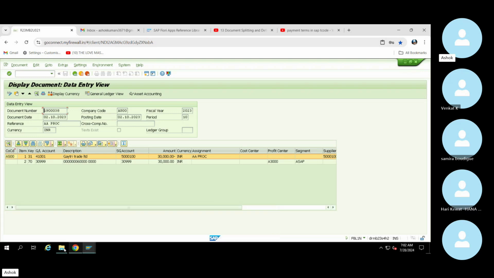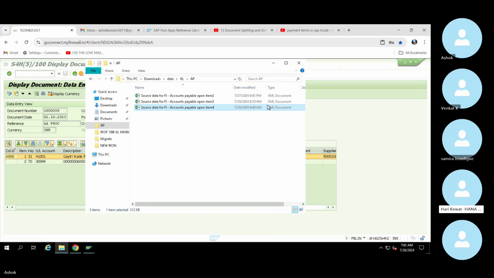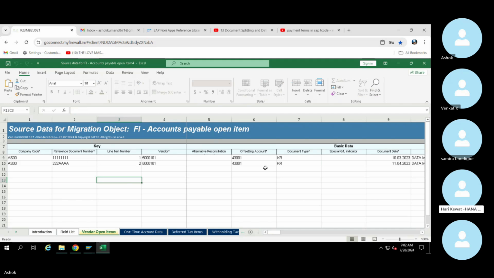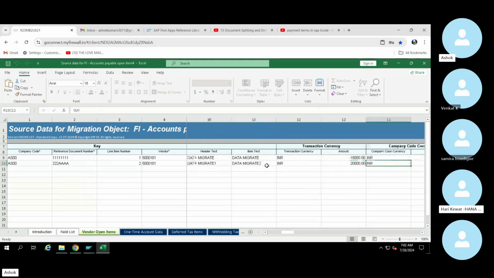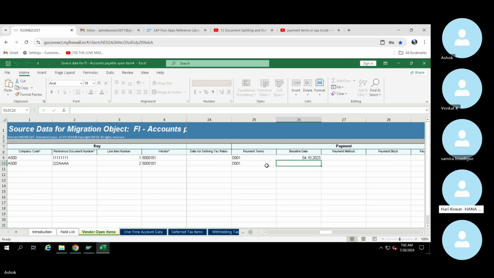Sir, here one question I got, sir, here. Ask me. So here, the date I have not given a baseline date. Okay, sir. If you don't give, then it will take immediate payment terms. You know, immediate payment term, that will be considered. Okay, immediate payment terms. Yes, sir. Yeah, immediate payment terms it will be considered. So I thought like cutoff date it will take. No,